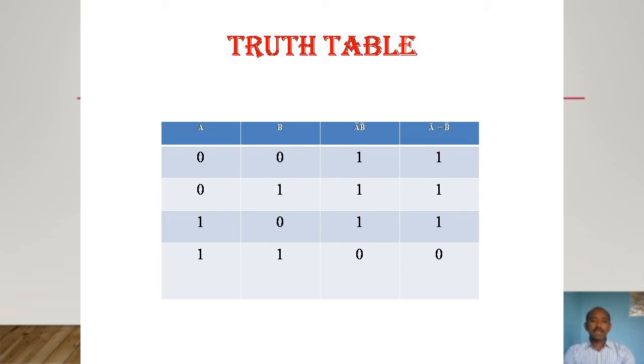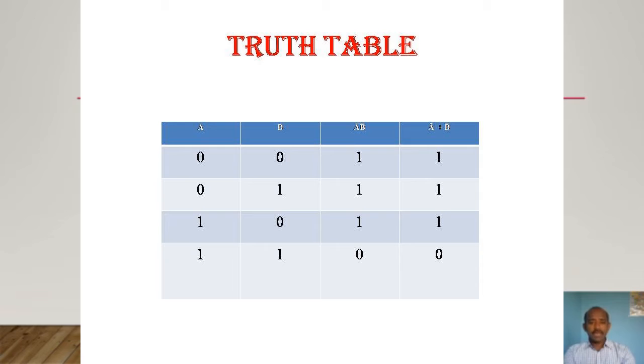This is the truth table of De Morgan's theorem 1. If we give 0 and 0 as the input, then the first output will be (A dot B) bar. For A dot B we will get a 0, then (A dot B) bar we will get a 1. For the same input, A bar plus B bar means 0 bar is 1, 1 plus 1 we will get a 1.